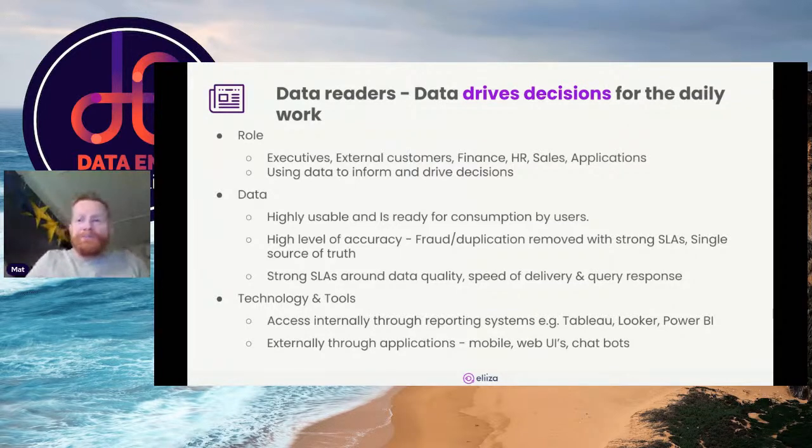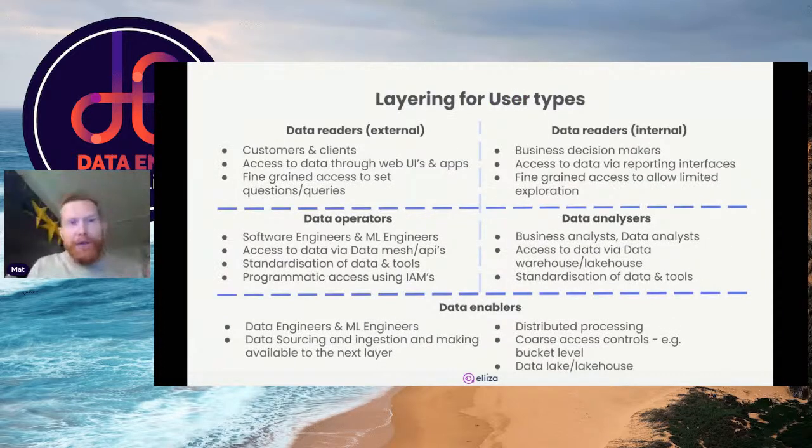And so we can get these three user groups, and we can see how we need to layer our data platforms or our data solutions. Rather than having this data cathedral where one solution fits all, or where we pick individual users and problems to fix, we can start layering our platforms to provide the data and the tools at the right level for the users. So the data, access and tools are specific to the layer at which the user type operates.